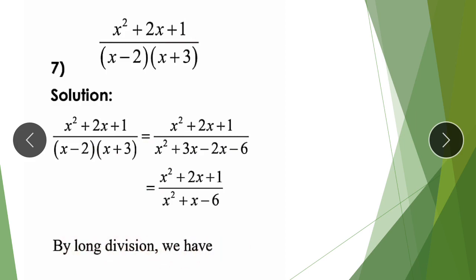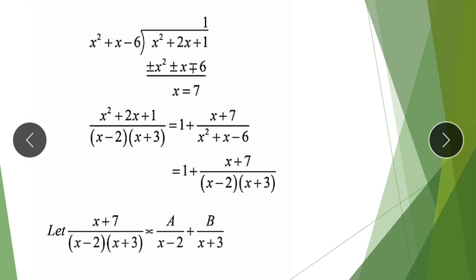We can convert this improper fraction into a proper fraction. You can see that the numerator is written inside, whereas the denominator is written here as a divisor. The degrees are equal, so we will multiply by 1 and we will get the same expression below, x square plus x minus 6. Since we have to subtract as a division is being done here, the signs are changed: x minus x, 1x, and 6 plus 1 will result in 7.